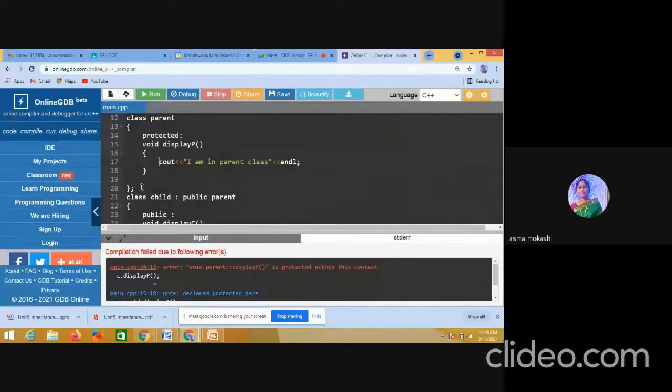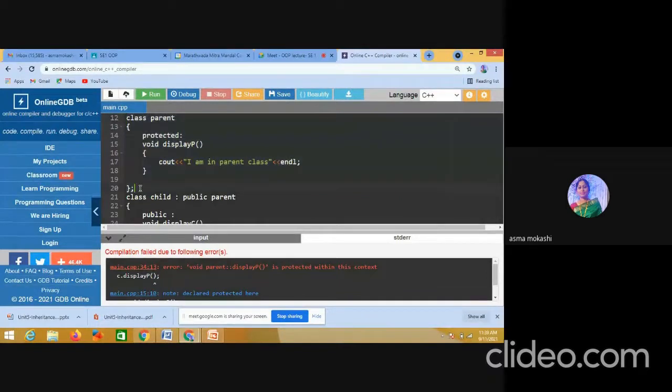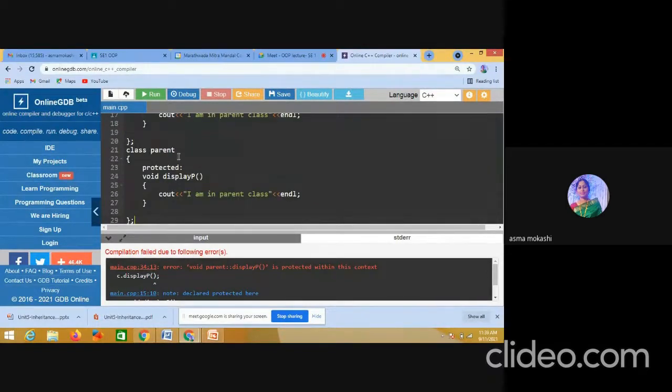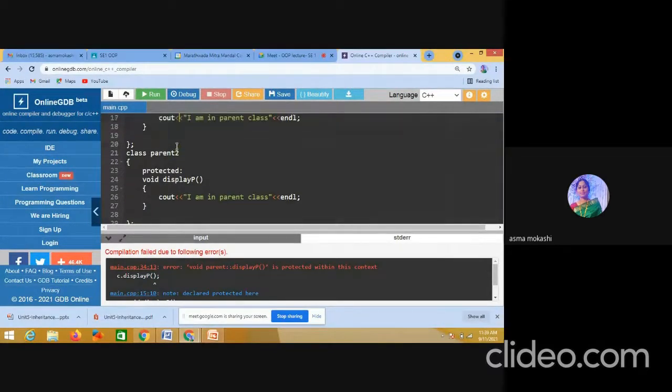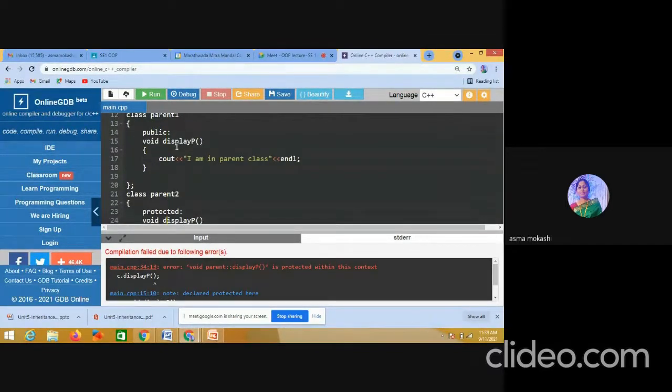So we are creating two parents here, parent 1 and parent 2. This is my parent 1 class, and this is my parent 2 class.